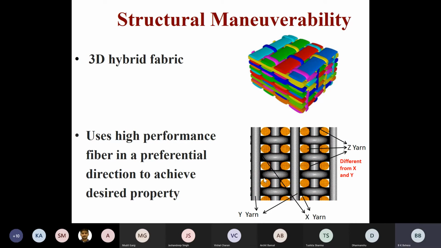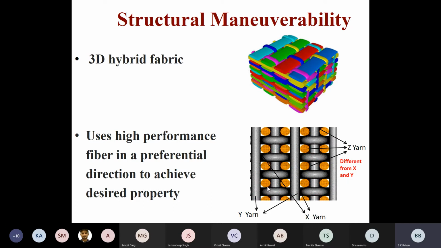So what do we do? Normally, we try to keep a material or a yarn which is much stronger, or which has much higher resistance to bullet penetration in the Z axis than the other one. You can put all three yarns of that type, but the question is, putting all three yarns, which have not much role to play as far as bullet resistance is concerned, costs money.